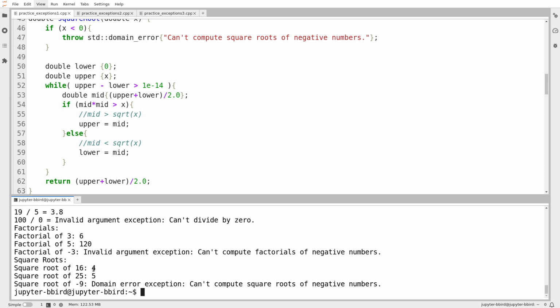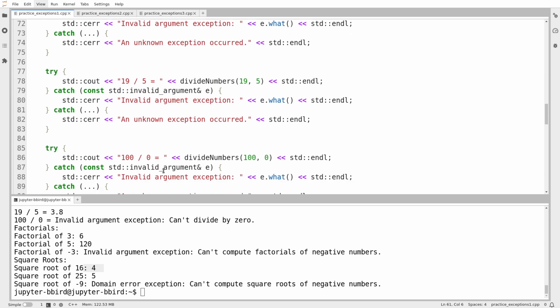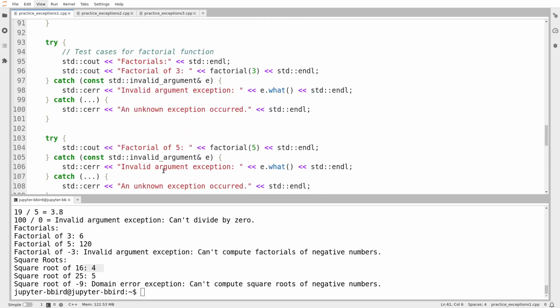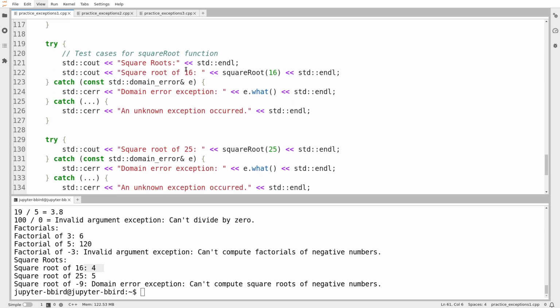And okay, it's giving 4 and 5, but that's not that exciting. Let's see what happens if I give it some fractional value. So let's do the square root of 7. Okay, square root of 7. And then I'm looking around the room I'm in to see if I have a calculator. Let's do the square root of 100. No, that's going to be 10. Let's do the square root of 10.